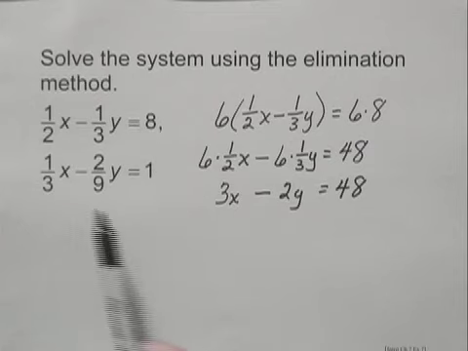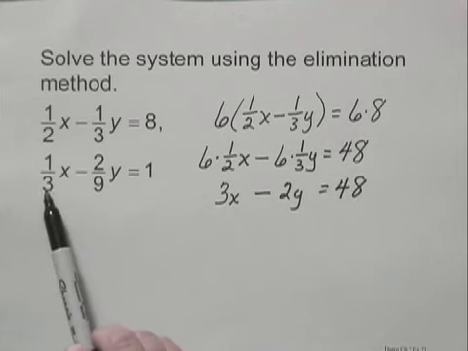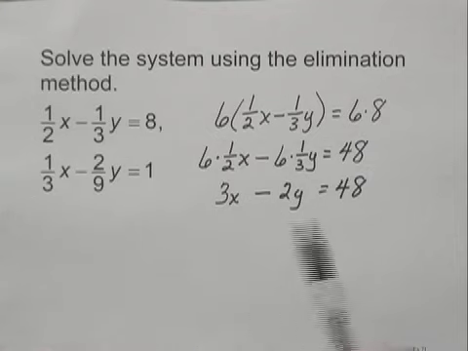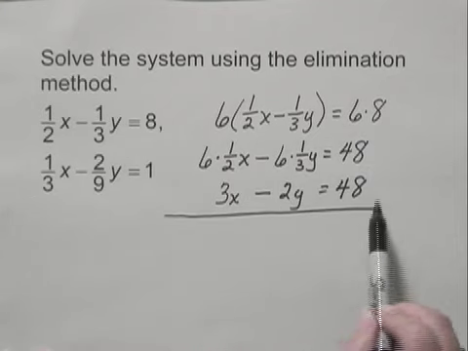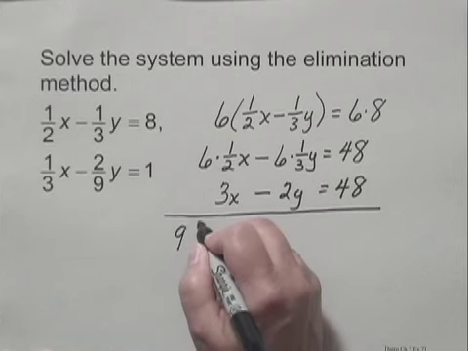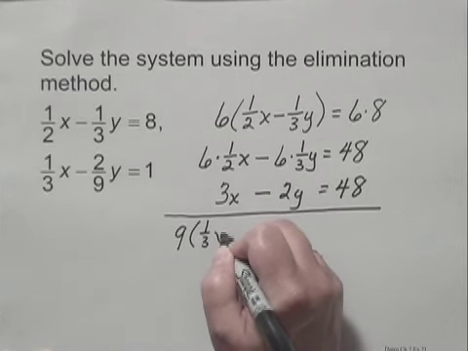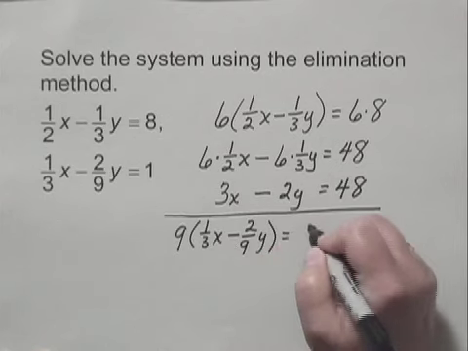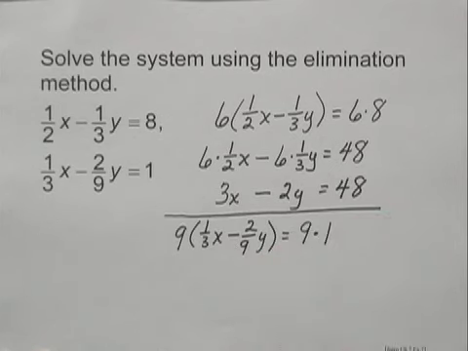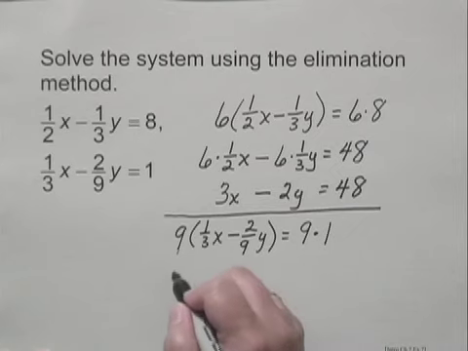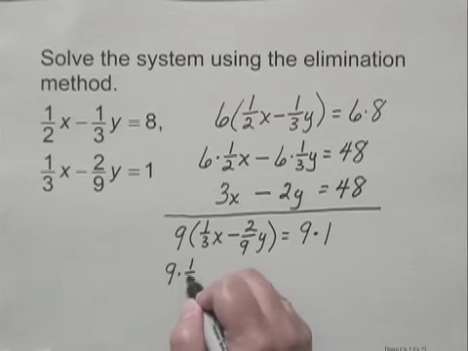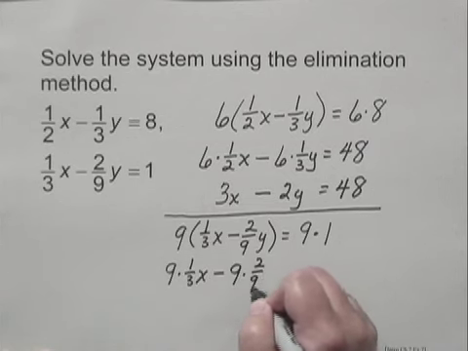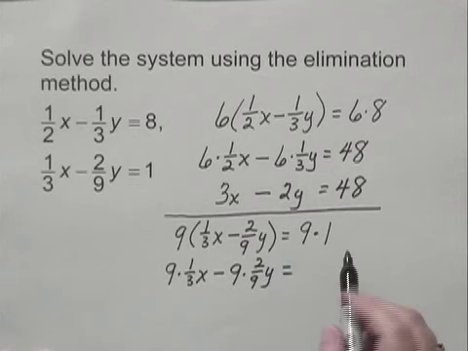Let's do the same type of thing with the second equation. The denominators are 3 and 9. The least common multiple of 3 and 9 is 9. So I multiply 9 times (1/3 x minus 2/9 y) equals 9 times 1. Using the distributive property, I have 9 times 1/3 x minus 9 times 2/9 y equals 9 times 1, which is